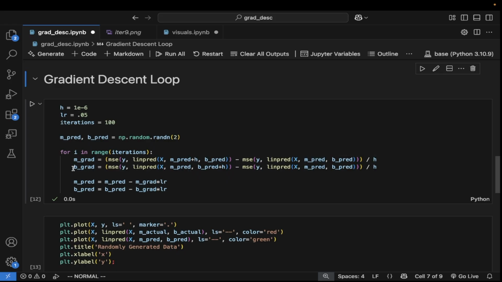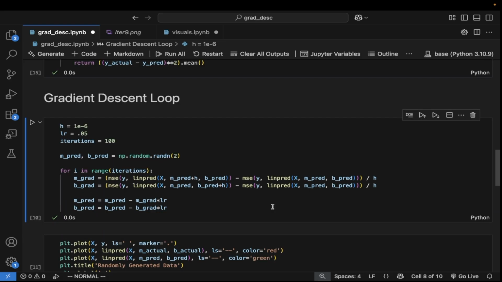We play the same game for b, our intercept, except in this case we hold m constant. Now we have our mean squared error at b plus h minus our mean squared error at b, divided by h. And then the way in which we update our predictions for m and b is we take our current value and subtract from it the gradient times our learning rate. Now when we run this code,